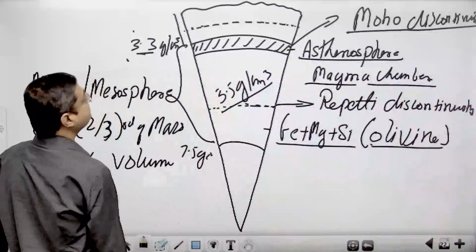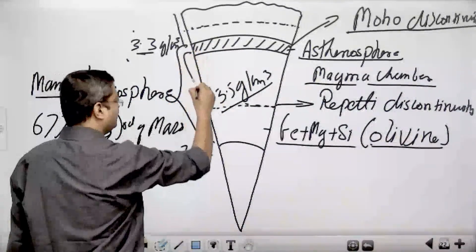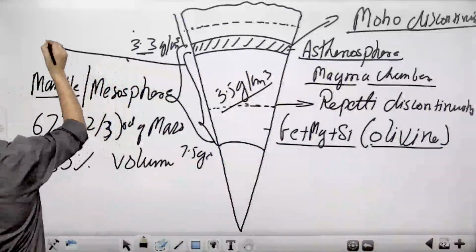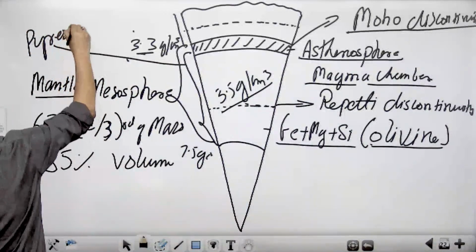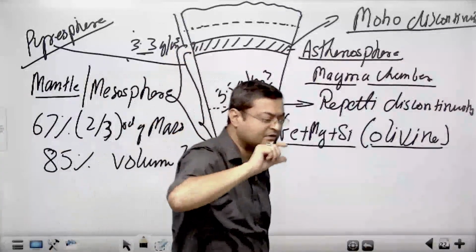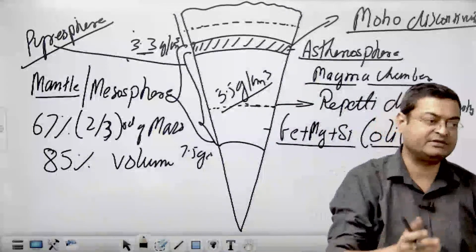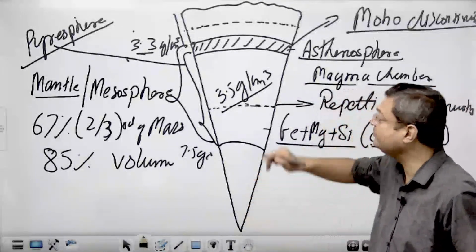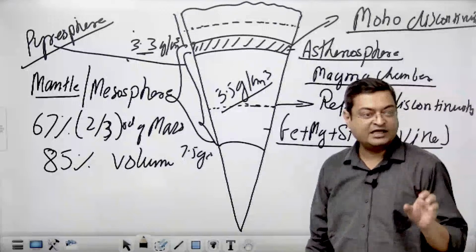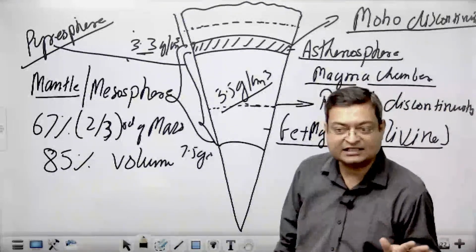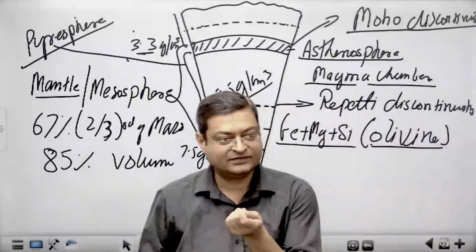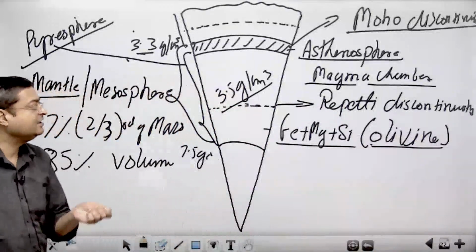Just below this, your asthenosphere, up to this region above the core, is also known as pyrosphere. But remember, it is a bit fused. Up to the depth of 50 kilometers, your crust is also just above this magma chamber. Now, as we are moving down, the temperature is increasing, but it is not liquid. Your magma chamber or asthenosphere is in a semi-plastic molten state. Like when you melt plastic, it is not a liquid. So it is in that state. Okay? Now write down about the mantle.